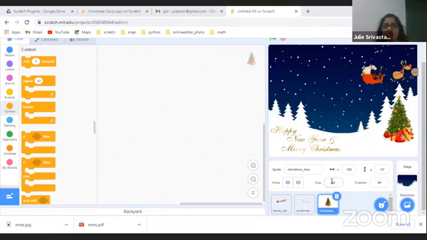The size option is just above the sprites. If you see above the sprites, there are some options up. If you see size, you will have a default size of 100. I want you to click on that and change it to 50.